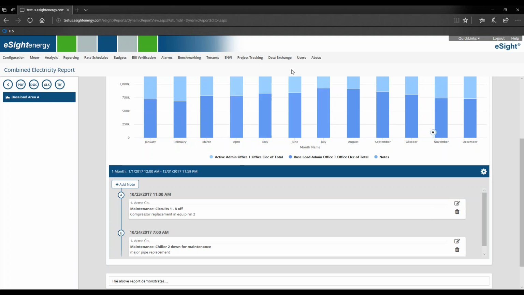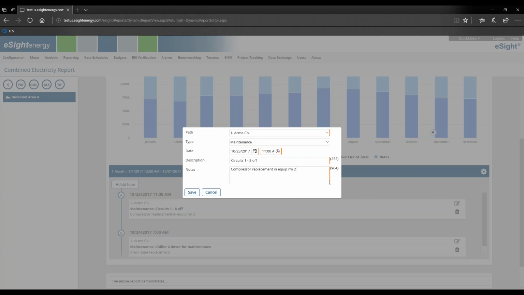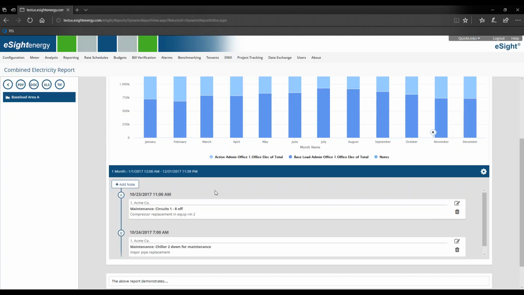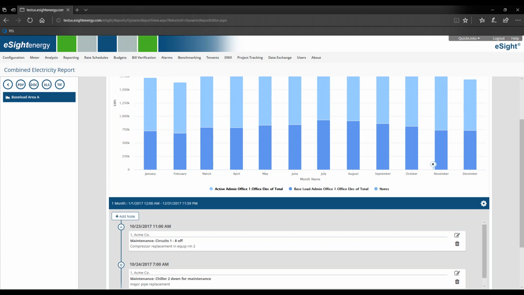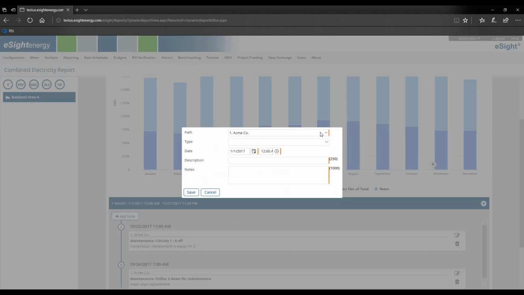And within this view, you can actually come in here and edit these notes even further. If you want to use this as another way of conversing with it, you can add notes right here. So here's a view of what the note control looks like. Basically, pick your path. Do I want to store it against the admin office, or you still pick your type,